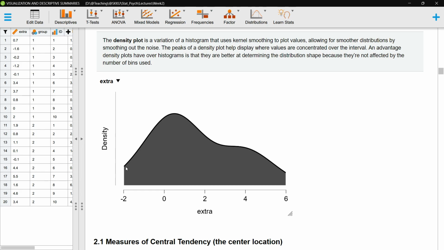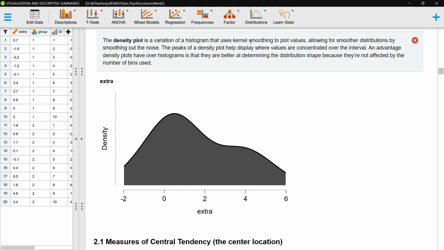So the form of the distribution is smoothed by kernel smoothing. This is a kind of smoothing procedure. We don't have to understand what exactly is going on in the kernel smoothing. We just need to understand that this is a kind of smoothed, more curvy shaped